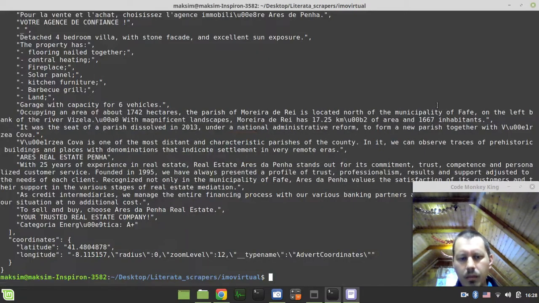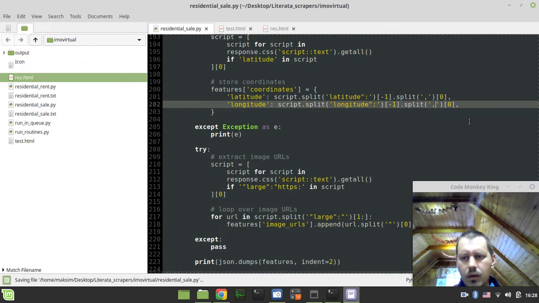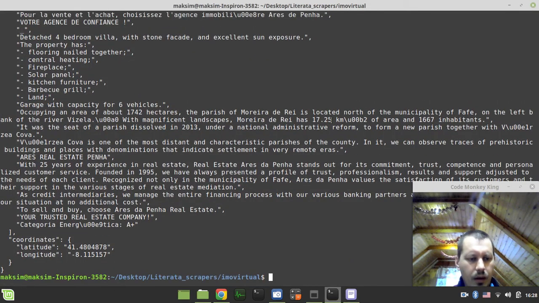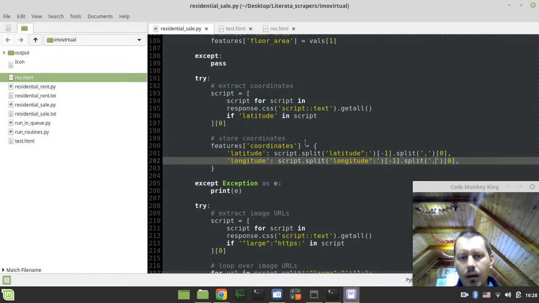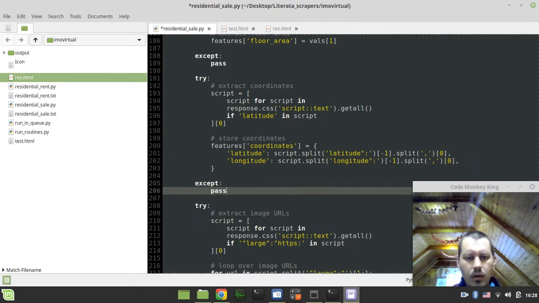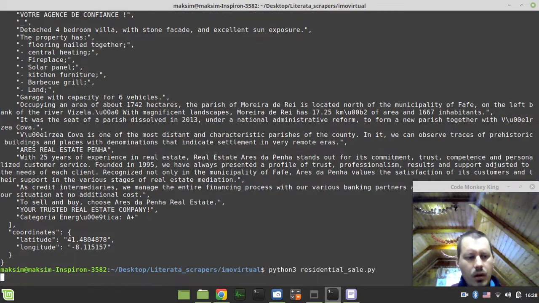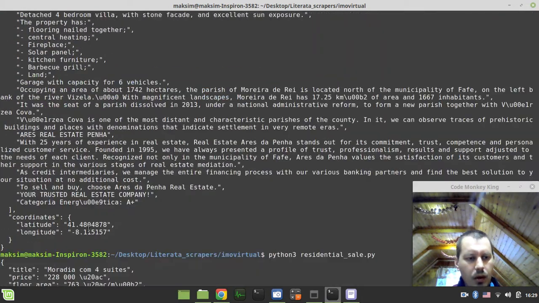Oh, I was splitting by, but I should have split by comma. Yeah, now this looks like the truth. Okay, now I am pretty satisfied, so let's go to the previous state. Alright, so we got the coordinates, we got the full description, we got the image URLs, and